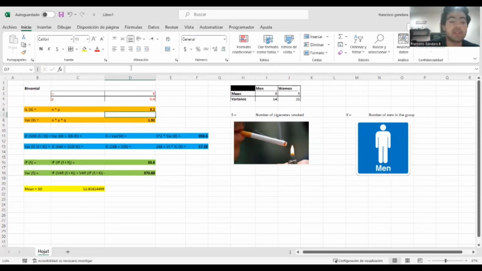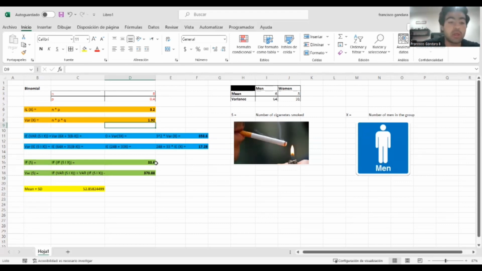And we know the variance is n times p times q. As it's a binomial, we know q is the complement to 1. So it could be computed as the expectation of X times the complement to 1. Now that we have the expectation of the number of men in the group, we can go and seek the expectation of the number